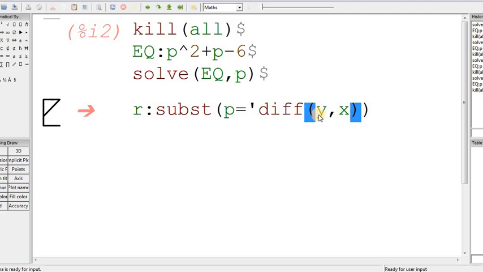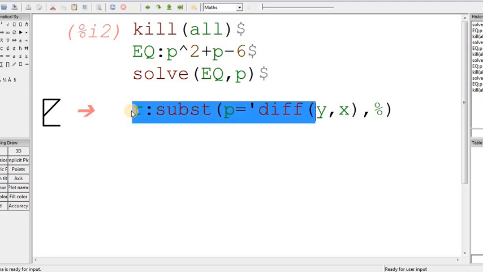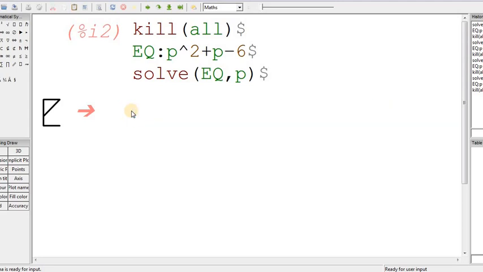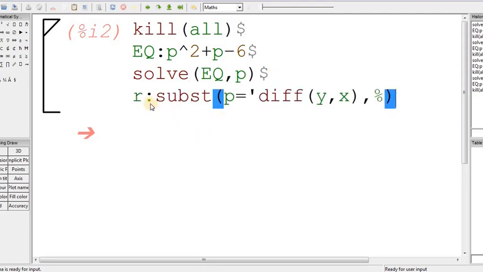For what am I assigning here? For the above expression, that is percentage. Let me take this here only, then it will be clear to you. After this line I will write here. First it will solve for the value of p, then that p is substituted as dy by dx, that is r. Now I have to write the dollar symbol. Yes, let me write the dollar symbol.